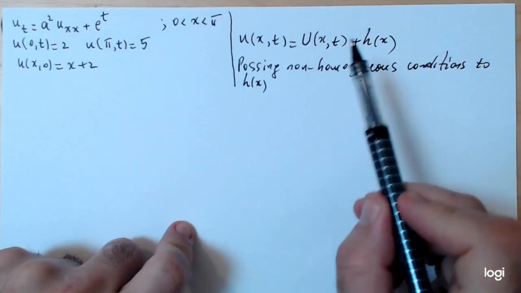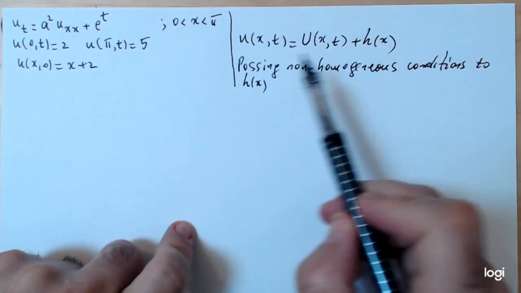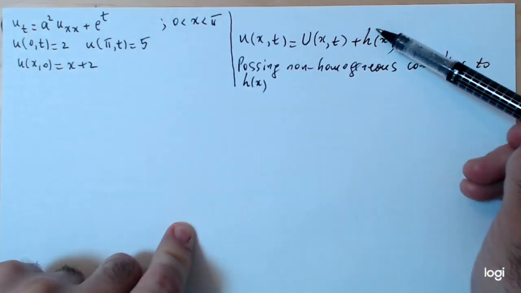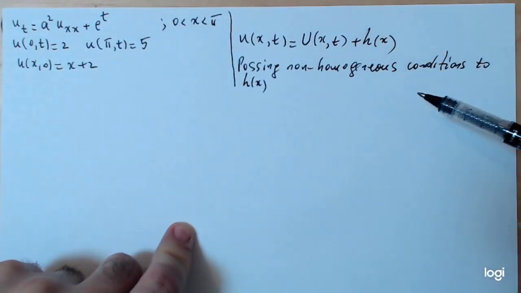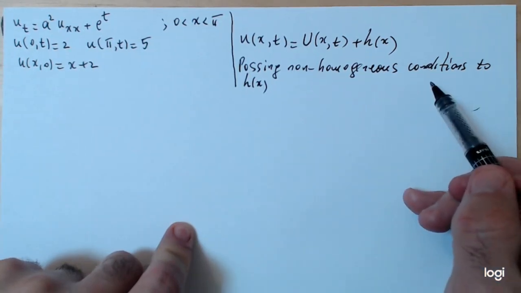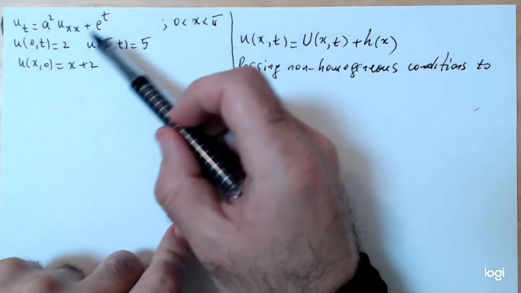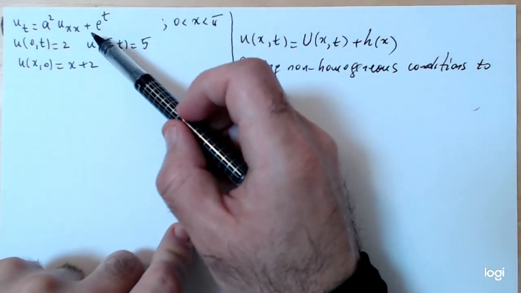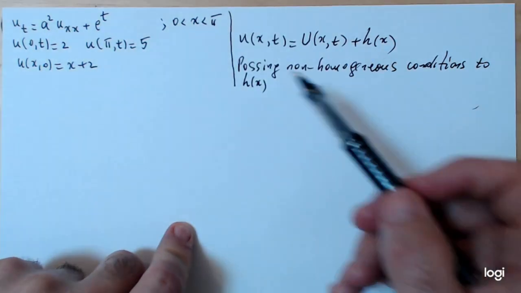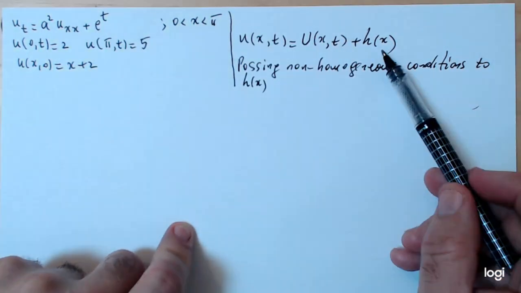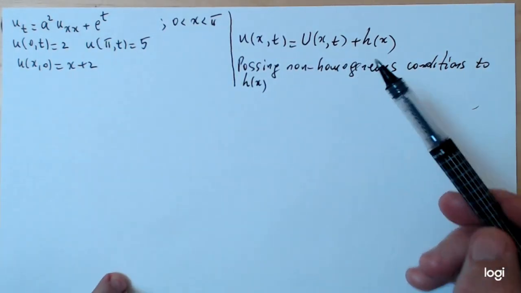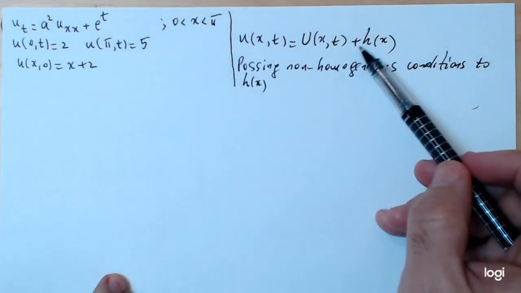Now, I know already this method will not work for the full problem, because this will only work if your non-homogeneous conditions are either constant or depend on x only. So for example, if this non-homogeneous term depended on x only, you could have tried this and see if you could actually solve the whole problem just with this substitution. We know already we cannot do that, but we can still use this substitution